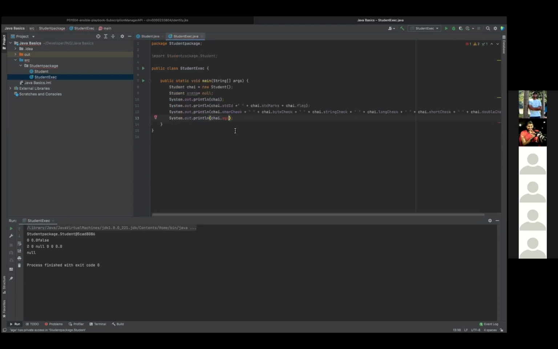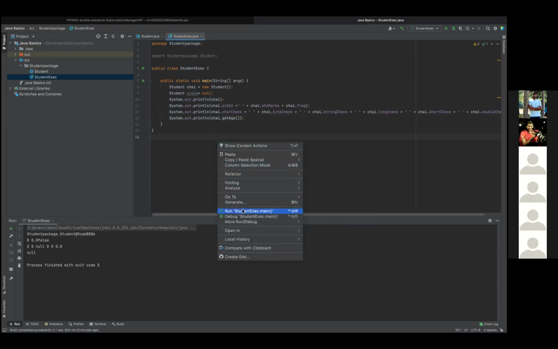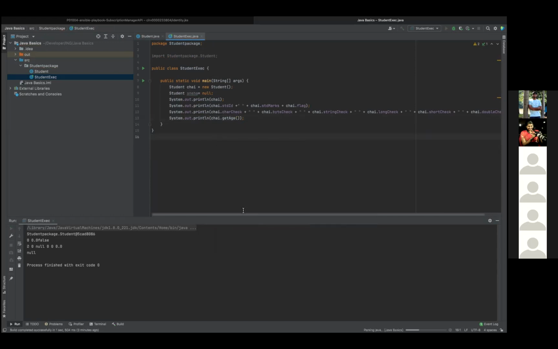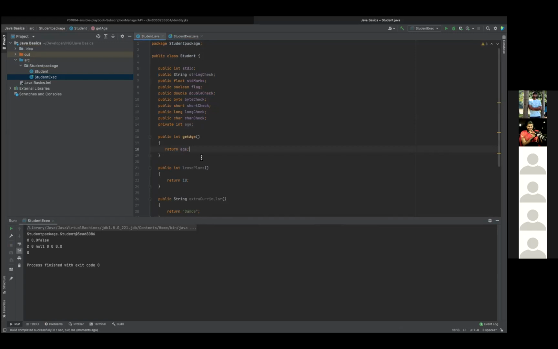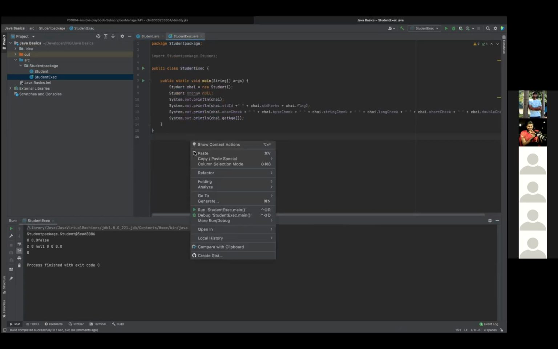Now instead of age, can you just check for getAge? Yeah. Now through this particular getAge, you will be able to print your age. Now can you execute and see? Now you'll be able to see the age value as 0, because age is an integer primitive type, and that is defaulted to 0. If she wanted to give some other value, you can initialize either in the variable declaration or in your method.